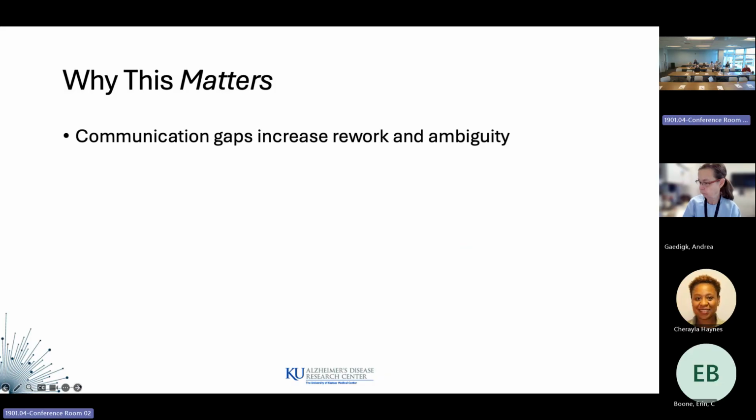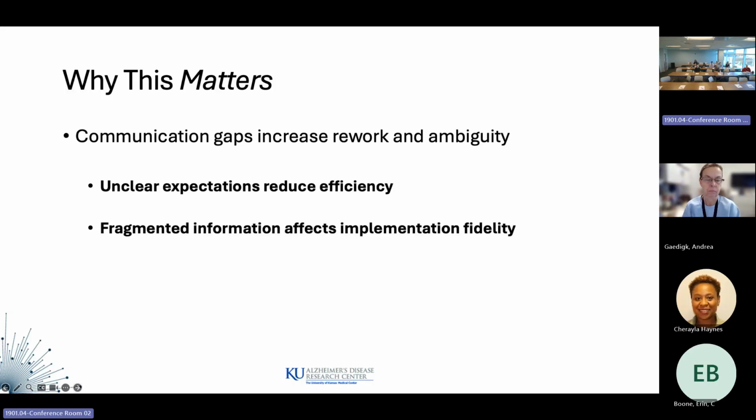This has happened to me a number of times. I do a literature review in a style that I did in my old lab. That's not what she wanted. I didn't ask. I didn't get that clarification. I just assumed. I filtered it based off my own previous experiences, and it cost me 4 hours of work. Had to redo it. It's frustrating. There are unclear expectations, and it can reduce efficiency, again, with that rework.